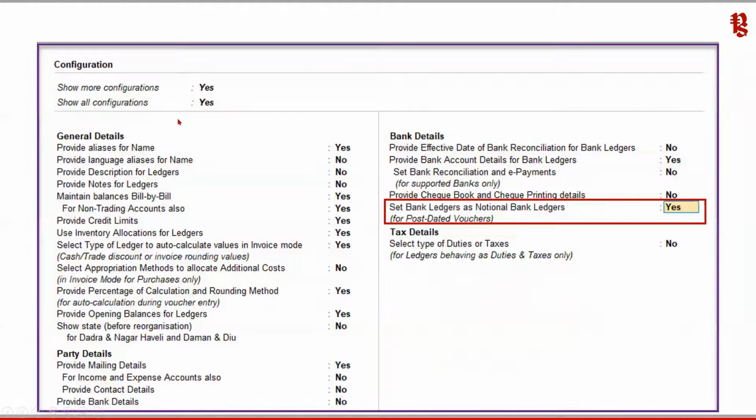So now the next one is that when you say show all configuration, the one extra thing that is going to get added here is the set bank ledger as notional bank ledger. Okay, so this is basically for post-dated vouchers. I had discussed in the earlier video about what is this notional bank. So quickly, for the benefit of the viewers who have not seen my previous video, by enabling this option,